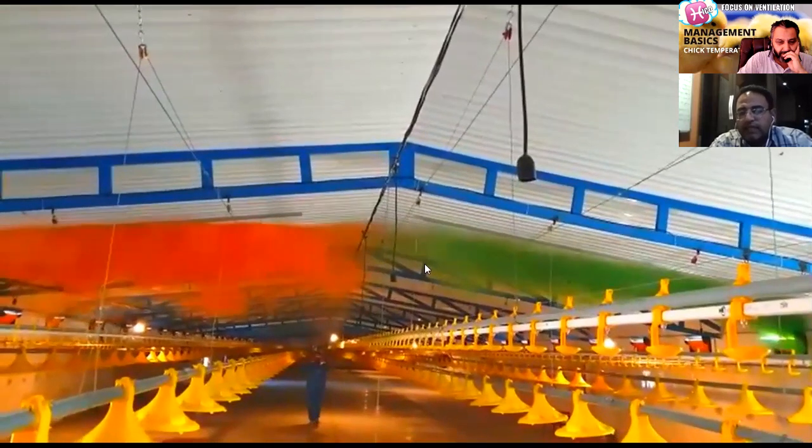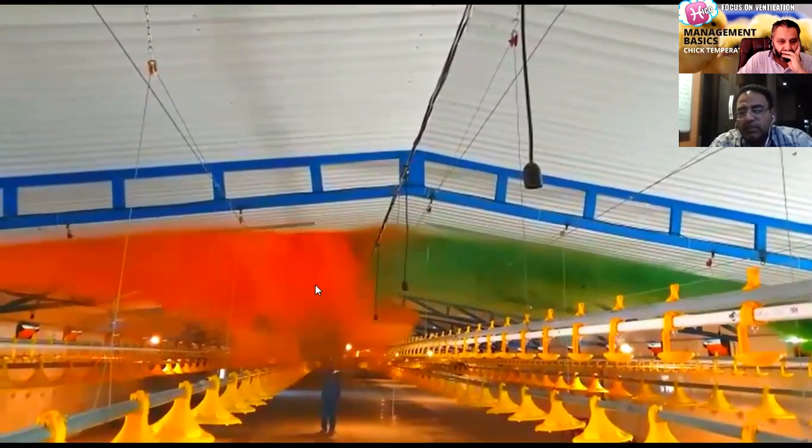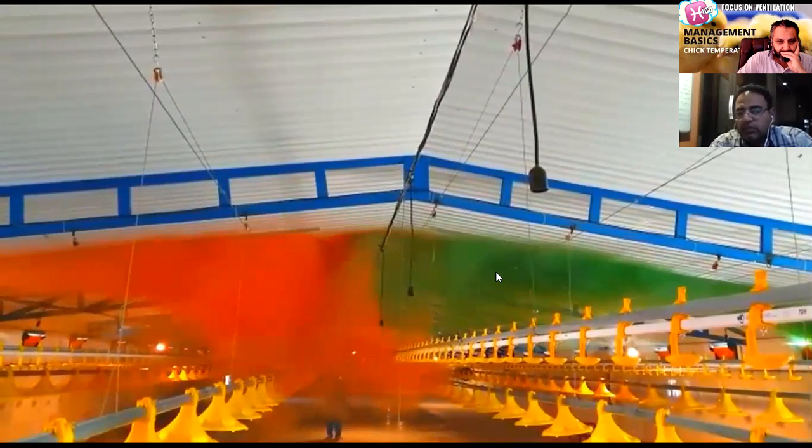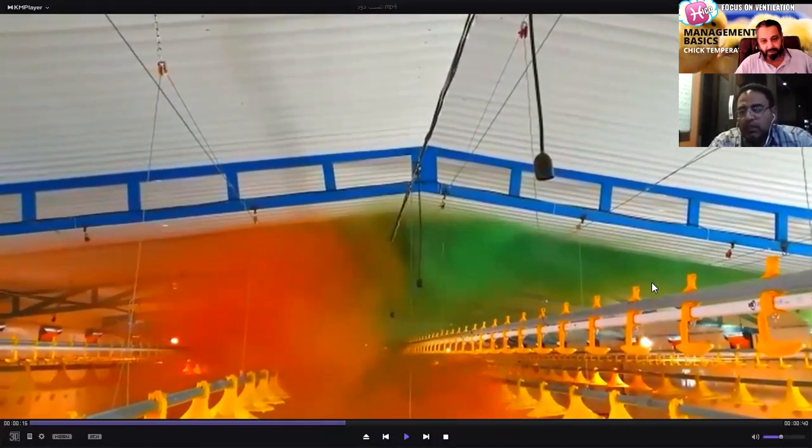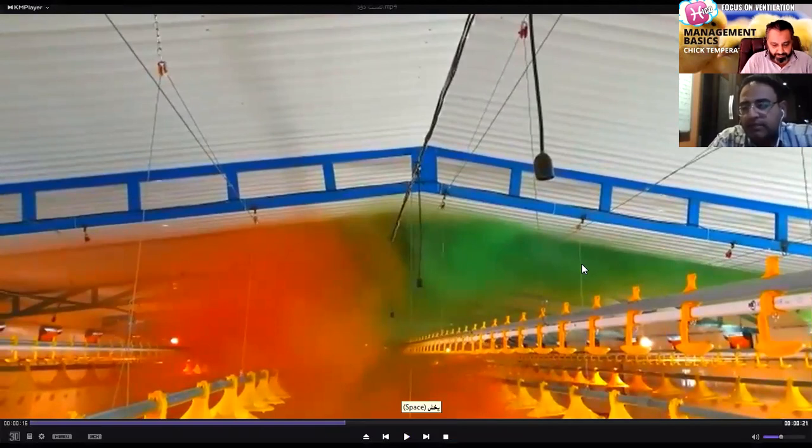On the left and right side, you can see the air coming in, on the right side with green and on the left side with red colored smoke. You can see two air profiles from the right and left contact together and fall in the center.